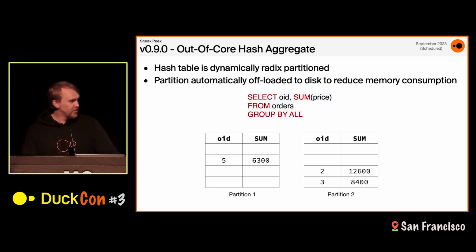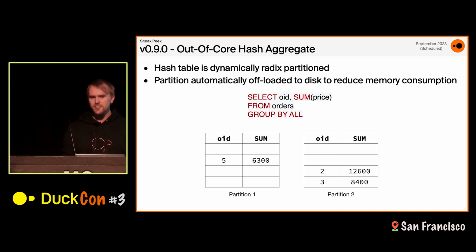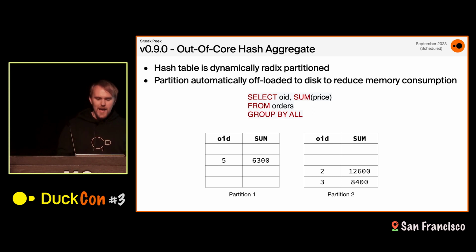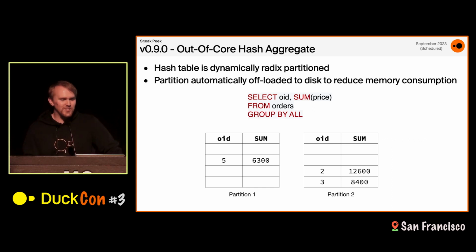The way it's done is that hash tables don't naturally lend themselves to being out of core, because they mostly work with pointers. However, we have a very awesome hash table that has been made by Hannes, and that does radix partitioning. Oh, am I out of time? Oh, excellent. Very good. We have a hash table that uses radix partitioning that actually does not create one big hash table, but a lot of much smaller ones.